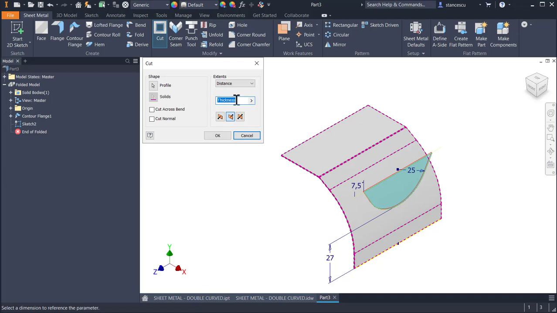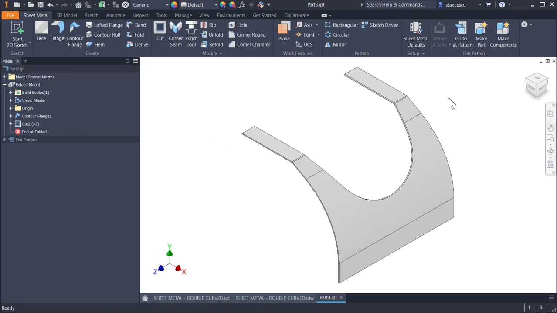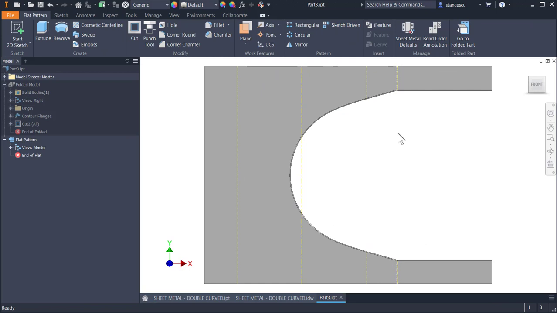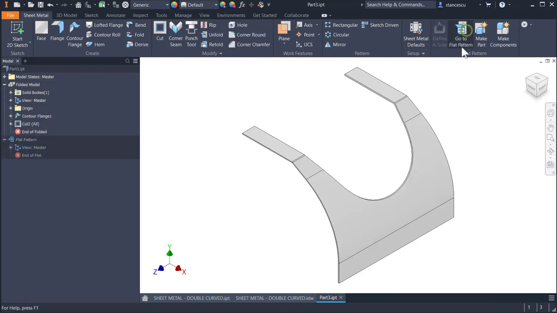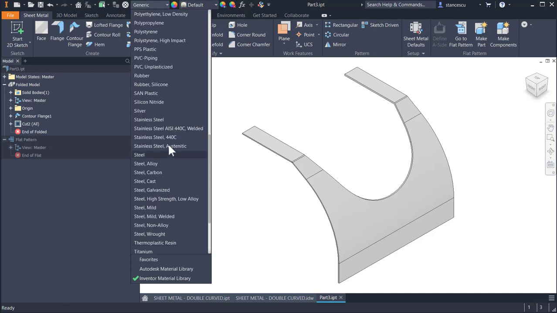not the depth of the thickness, but the depth of all. The direction is okay. Now we can create the flat pattern, and as you can see, it works. Let's select the material, stainless steel,